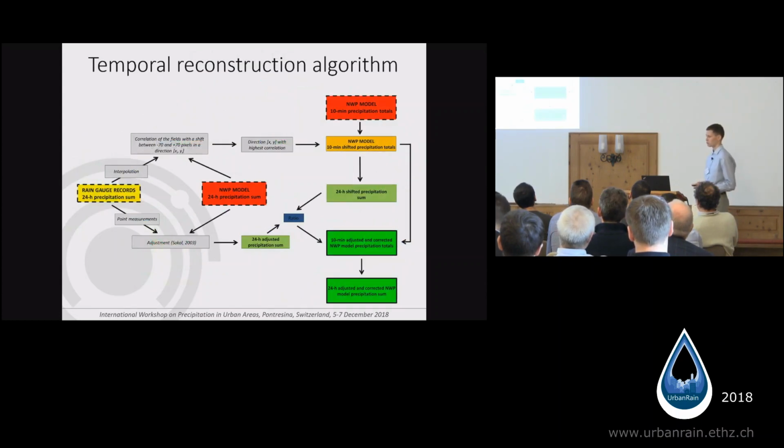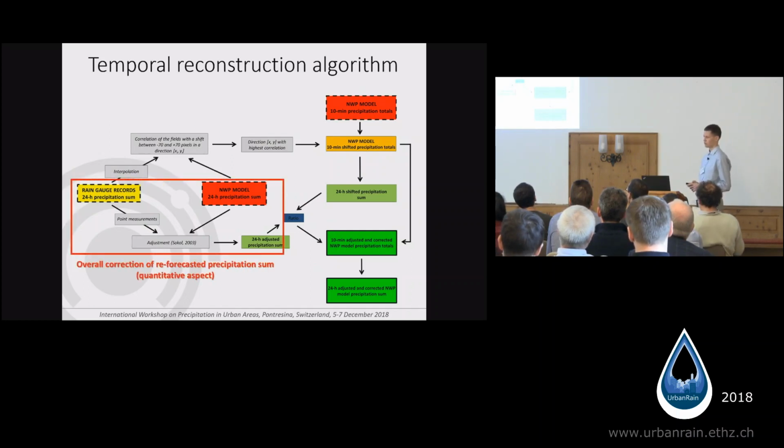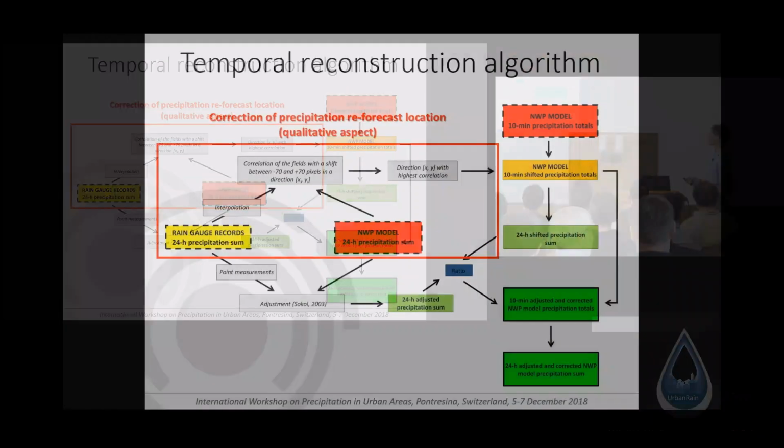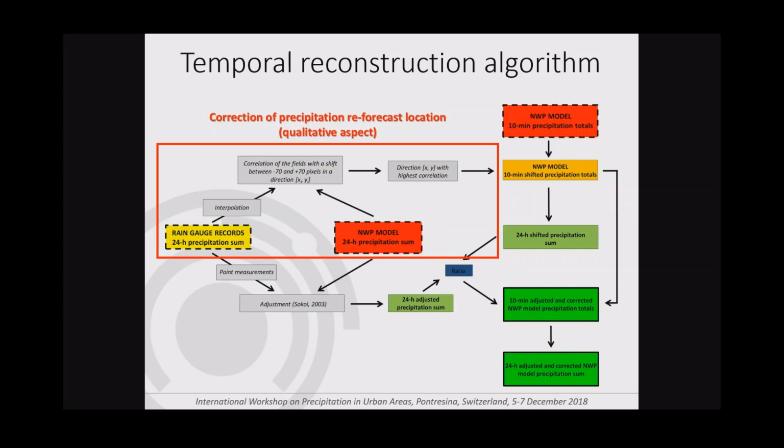Here is an overview of the proposed procedure that consists of 3 steps. In the first step, daily rain gauge point measurements and 24-hour model precipitation sums are used to obtain a 24-hour adjusted precipitation sum, using the same adjustment procedure as in the case of weather radar data adjustment. In the second step, which takes place in a parallel way, we use a correlation coefficient between interpolated rain gauge observation and 24-hour model precipitation sum